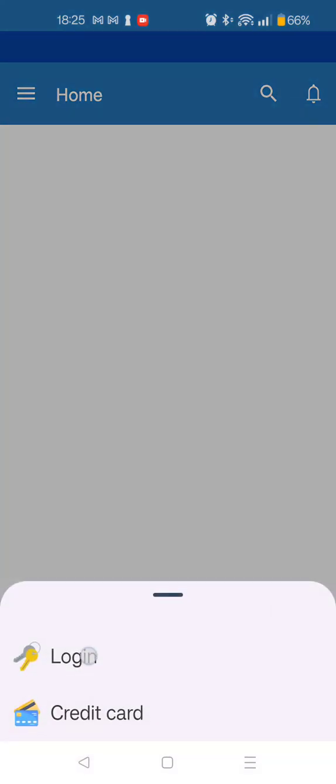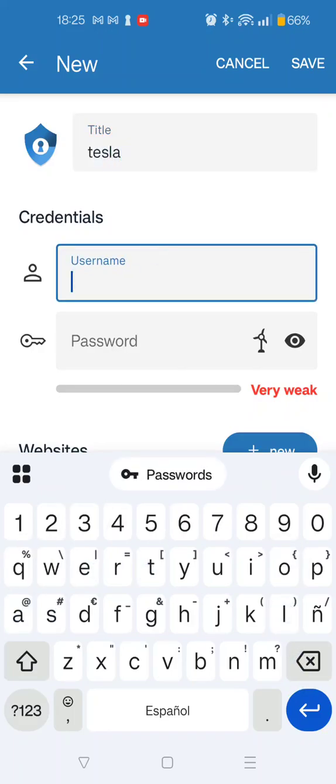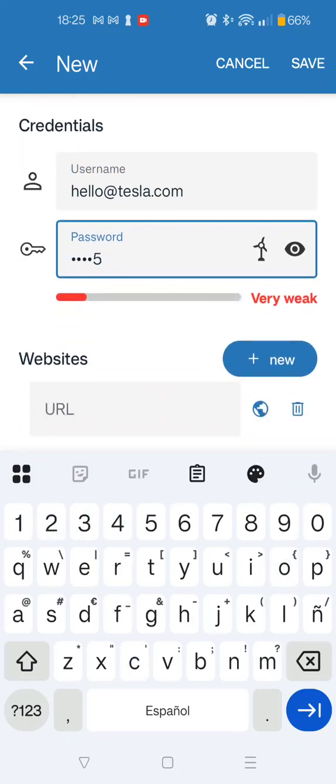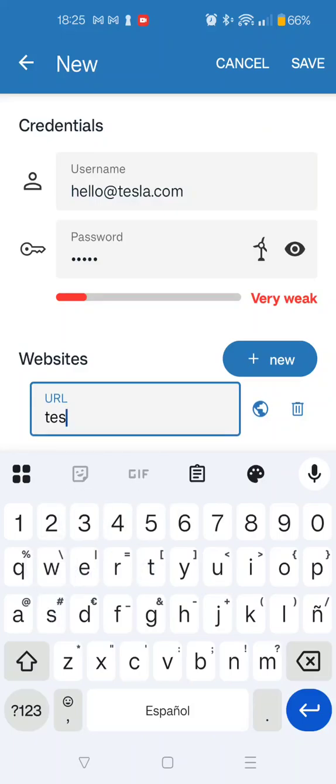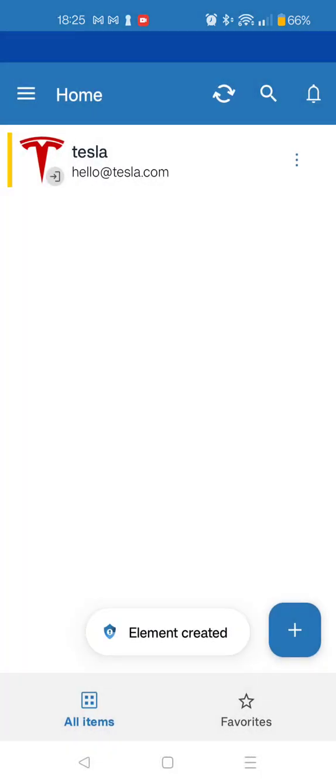For example, I'm going to choose a login with name hello or Tesla. Sorry, I'm going to put something real. Tesla, username hello at tesla.com. Okay, web password doesn't matter, whatever, and the website tesla.com. This is a login, for example. We save it, and this is the